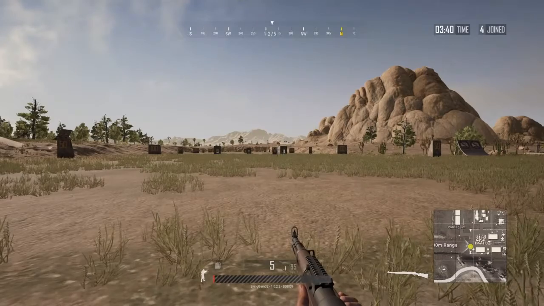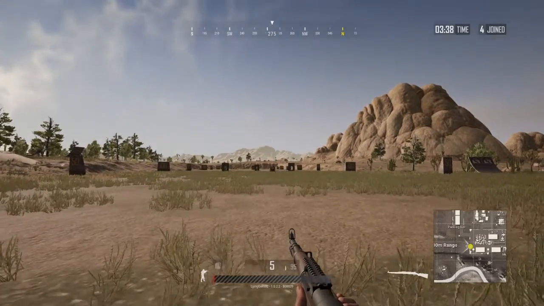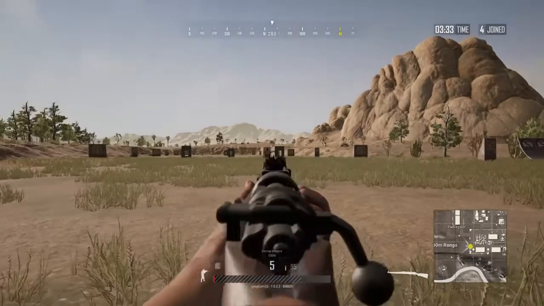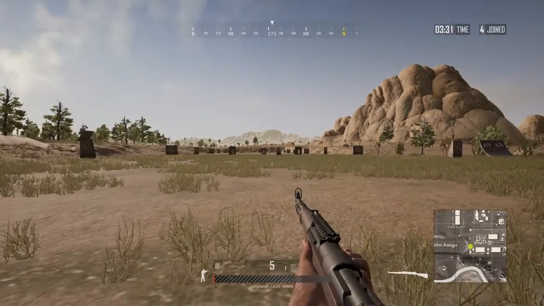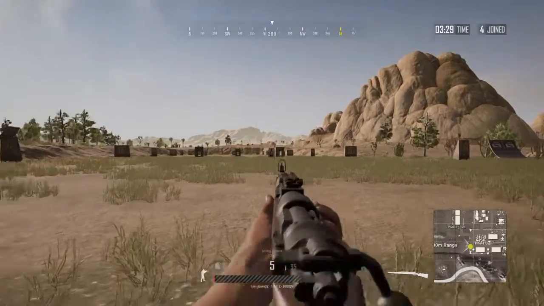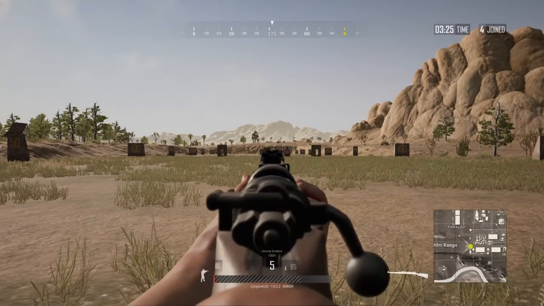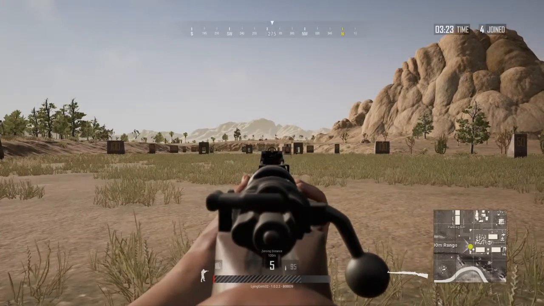Alright guys, so next up is the Kar 98K. This was the German weapon in World War II, standard issue rifle. It's a lot better than the other 2 weapons, seeing as it's bolt action and it takes a stronger ammunition, which is 7.62 by the way. So what it has